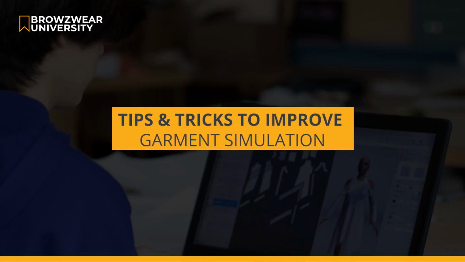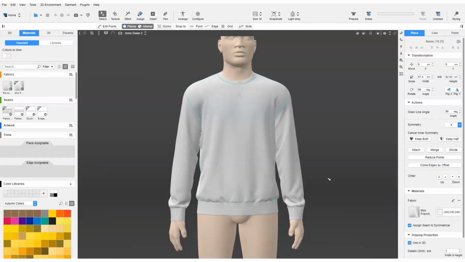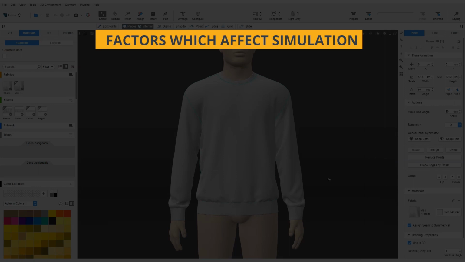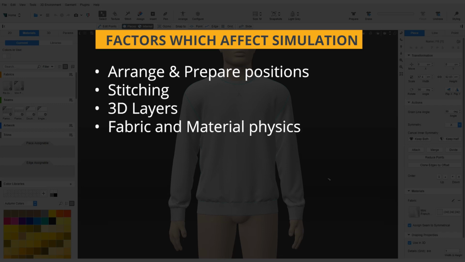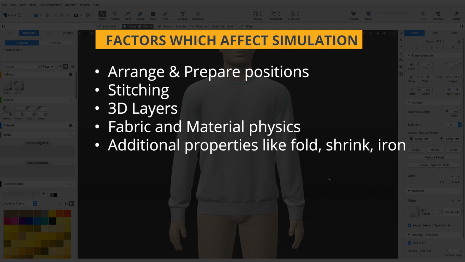In this video, we will be learning some tips and tricks about garment styling. This video will help you to understand the factors that affect simulation and will cover some tips on how to improve the drape of your garments. The factors which affect simulation include arrange and prepare positions, stitching, 3D layers, fabric and material physics, additional properties like